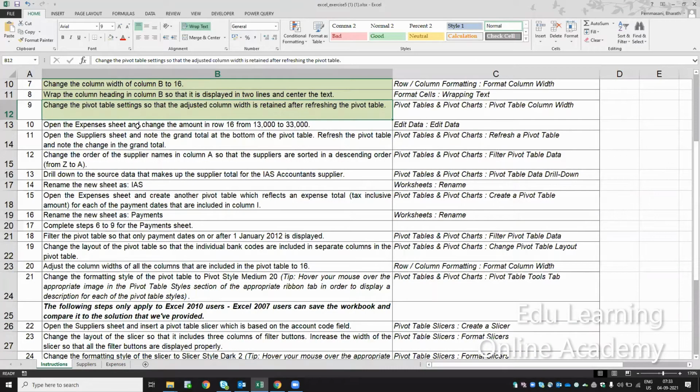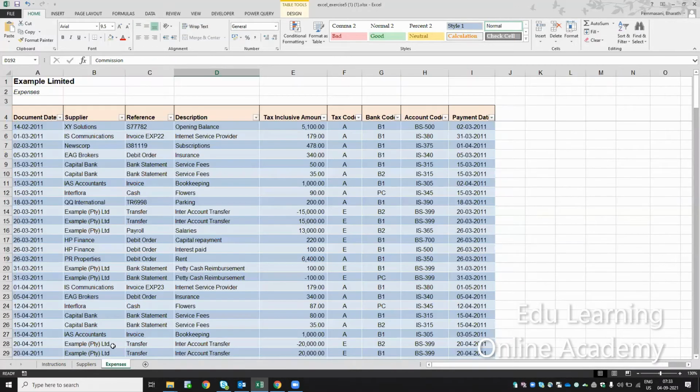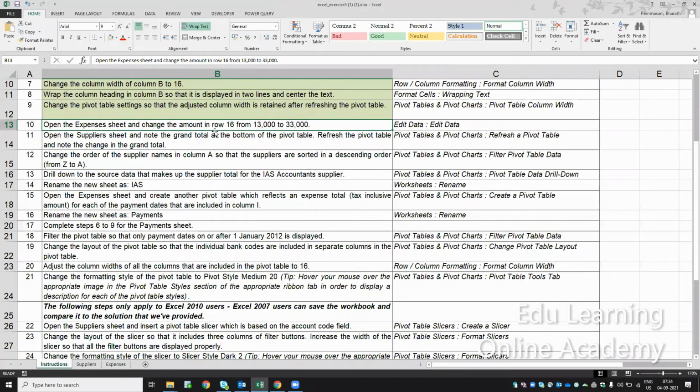Okay, ninth point. Open the expenses sheet and change the amount in row 16 from 13,000 to 33,000. So they're asking to open the expenses sheet and change the amount in row 16. So I should go to row 16.